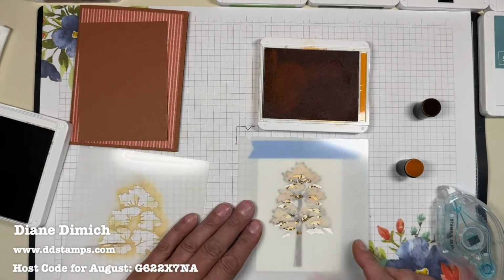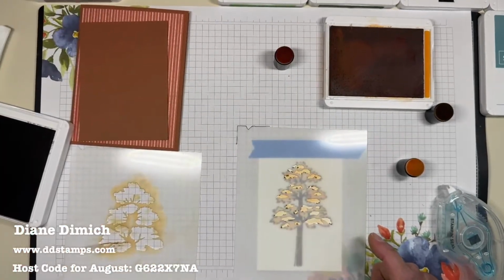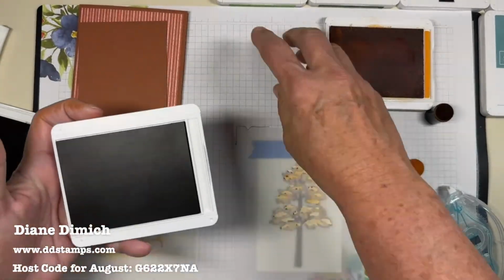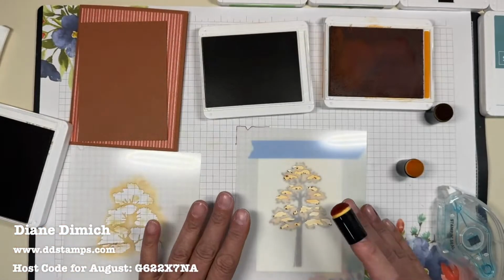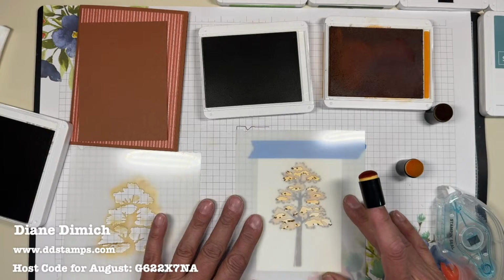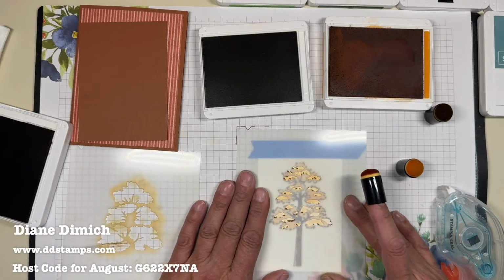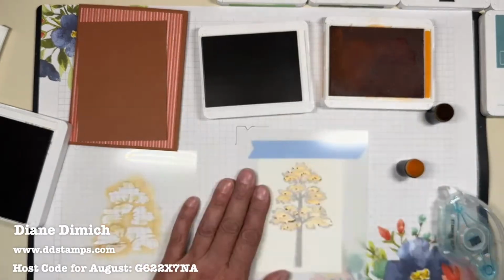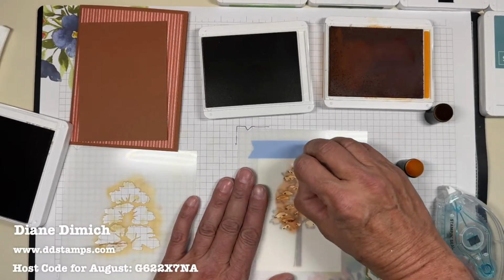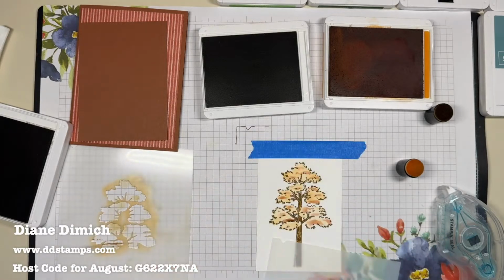And then I'm going to come in, line it up again. This time I'm coming in with the copper clay, which has a darker tone to it, which means that it's dulled, or it's either a darker shade or a darker tone. So what they do is they add black or they add gray. And this I'm going to go really lightly. And I'm probably going to come back in with more pumpkin because I really think that's going to...